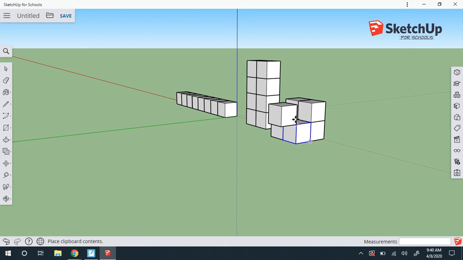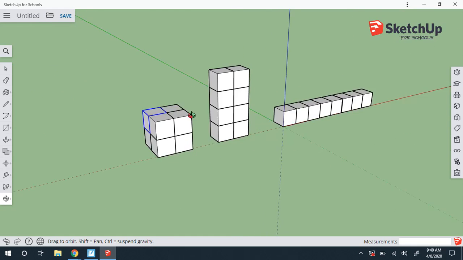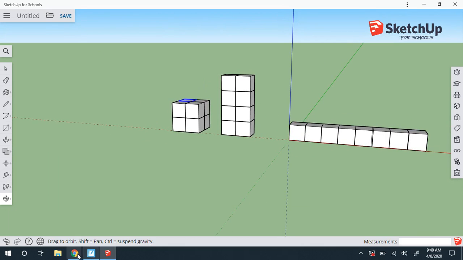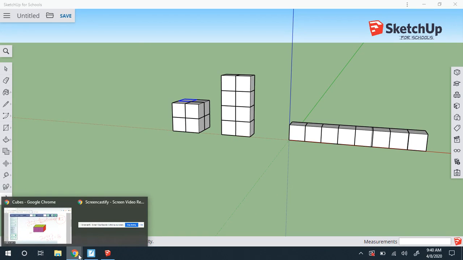Now we have a 2 by 2 by 2, so that's going to be 8. Are there any others? I don't know. Email me and let me know if you come up with some other rectangular prisms that